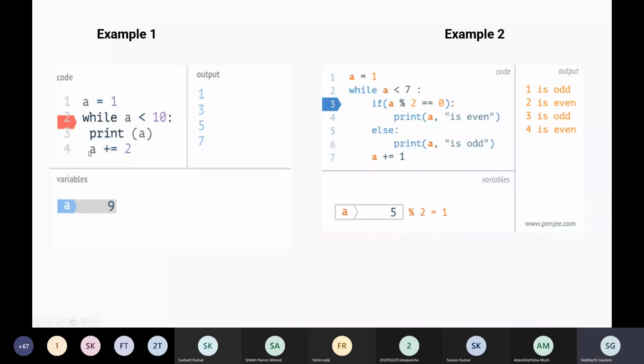The second statement is a = a + 2, which increments the value of a by 2 each time the loop gets executed. So a while loop works on a condition, a < 10. As long as it stays true, the loop will keep repeating. This is the basics of a while loop.